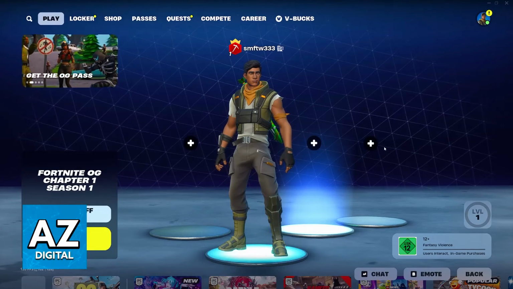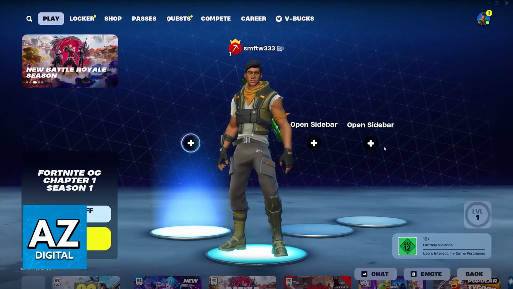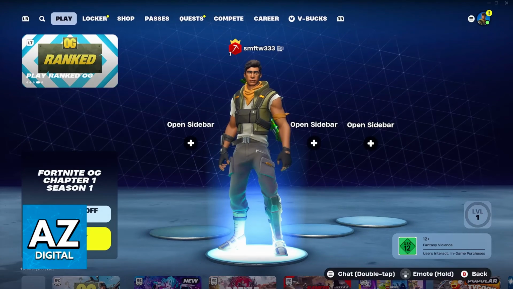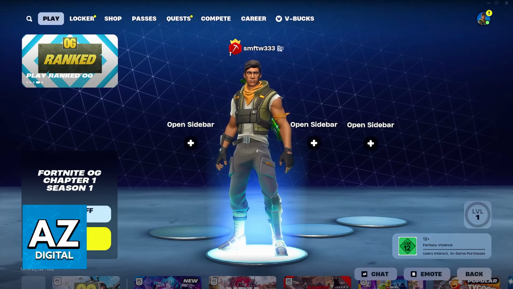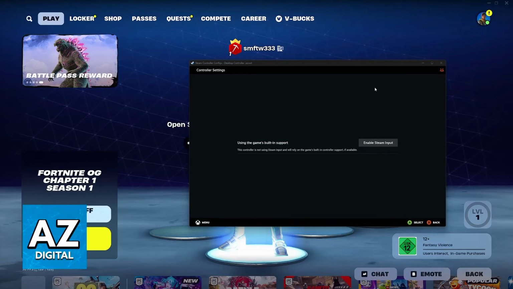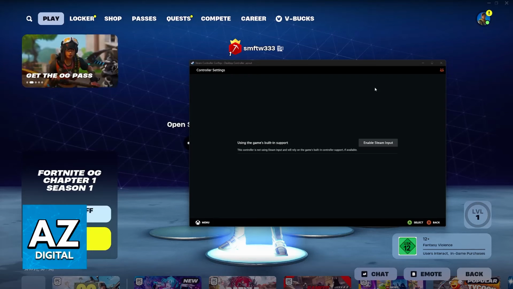If I go back inside of Fortnite and I try using the joysticks, as you can see, it is going all over the place, it is pressing wrong buttons, and it isn't precise. So like I said, Steam Input is interfering with this. So for me, I have to disable it. So I just click on the option here and it is now good to go. And of course, you can do the same. You can see if Steam Input being enabled or disabled fixes this issue for you.